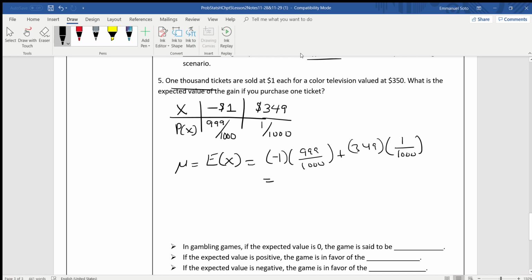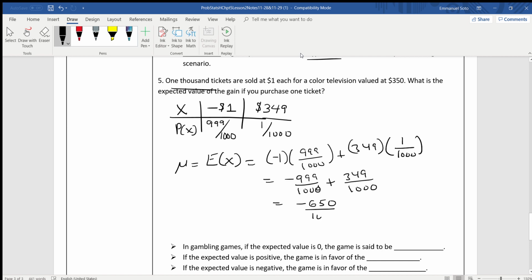So -1 times 999 is -999, and 349 times 1 is 349. So we're going to do -999 plus 349, and that's going to give us